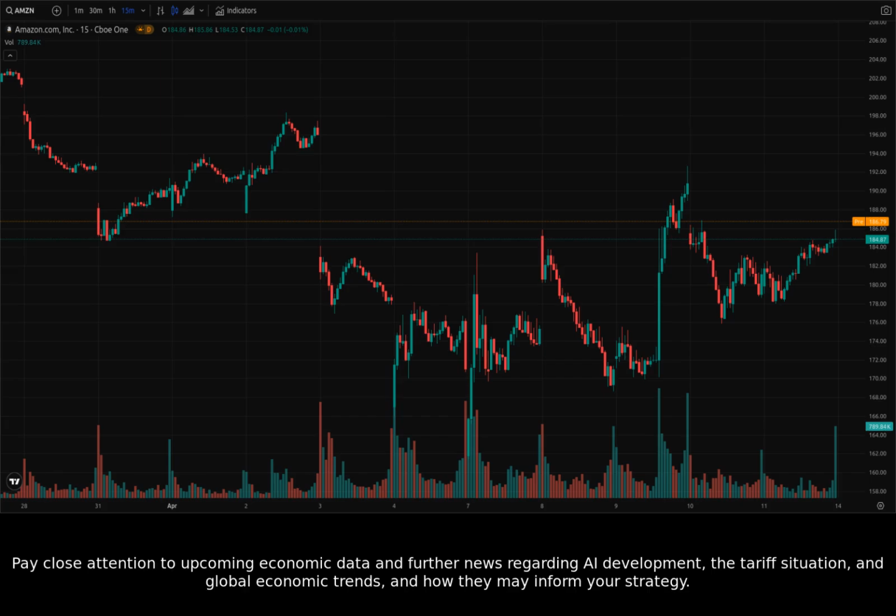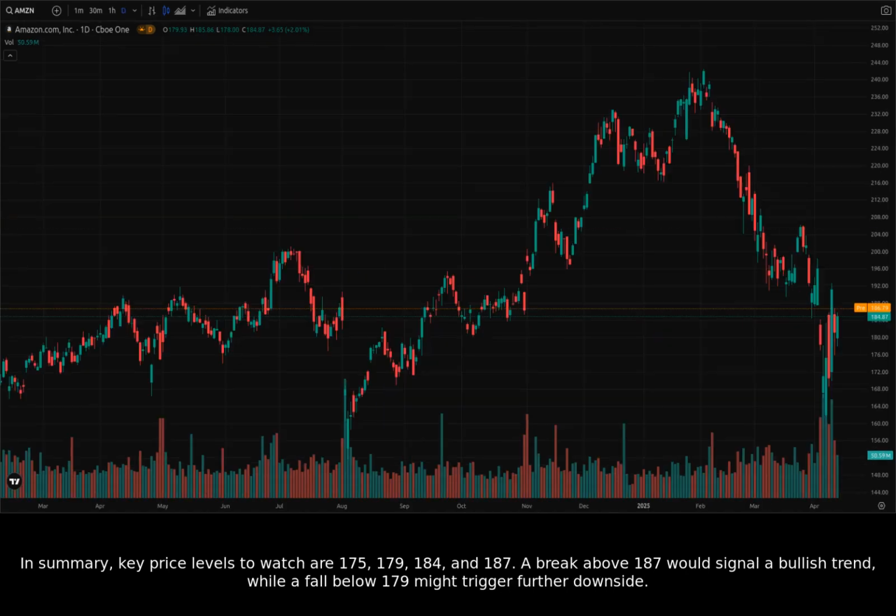Pay close attention to upcoming economic data and further news regarding AI development, the tariff situation, and global economic trends, and how they may inform your strategy. In summary, key price levels to watch are 175, 179, 184, and 187. A break above 187 would signal a bullish trend, while a fall below 179 might trigger